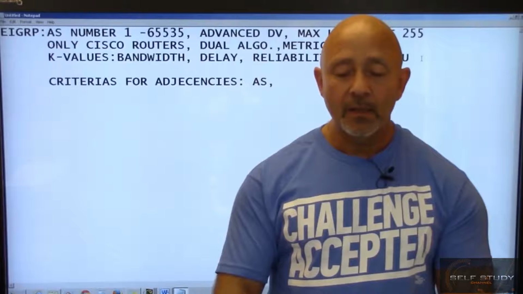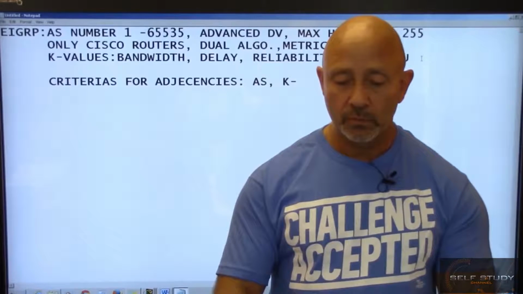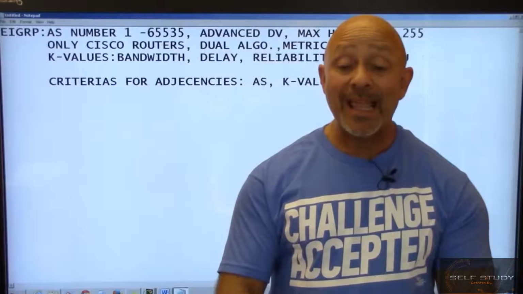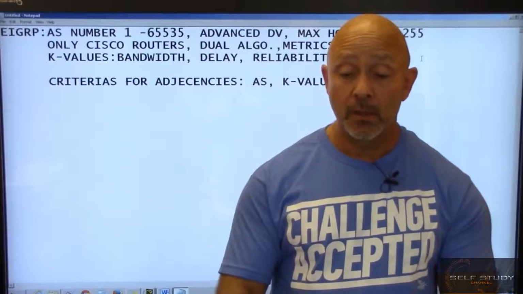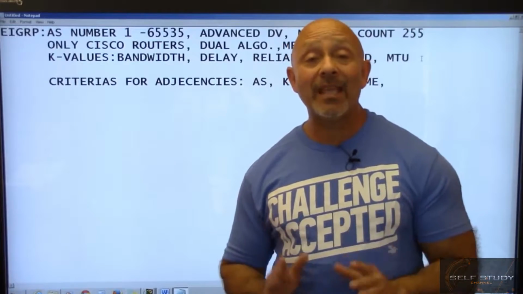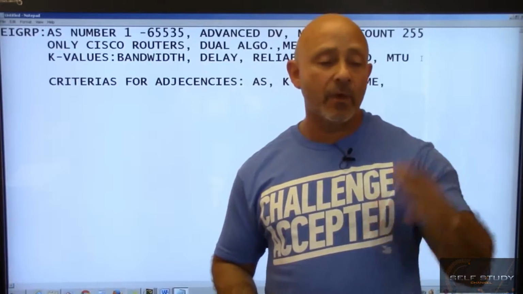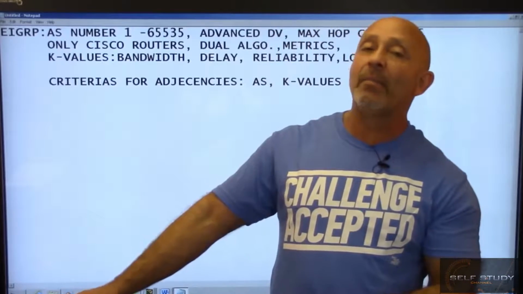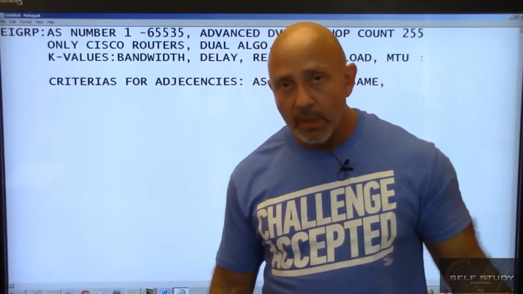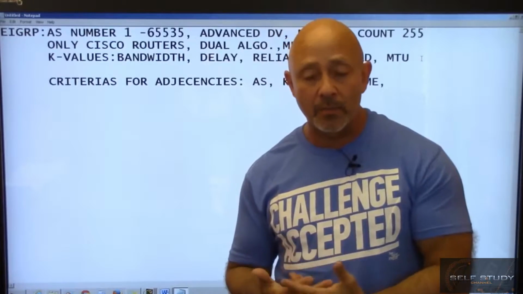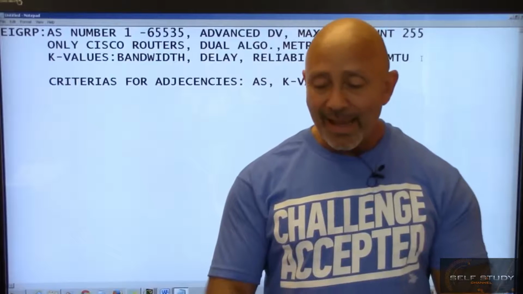Second, K values. You must have the same K values. If on one router you're using bandwidth and delay and the other router is using reliability and load, then boom, it's not going to create that adjacency. You're not going to become neighbors. And the last thing,